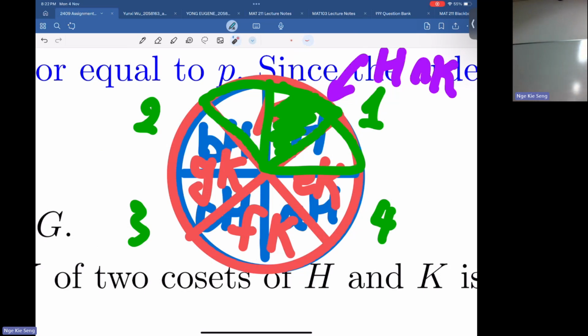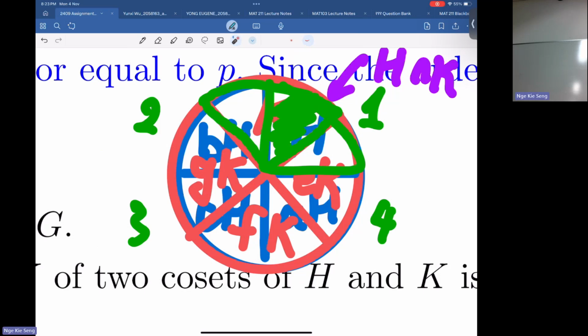So maybe you take this part here and intersect it with this part here. But from this picture, you can see that they are disjoint. From the partition, you should see that they are disjoint already. In part A, it is a random one, x and y arbitrary for all x and for all y. But if you intersect this one with another coset, it should be empty because of the partition.